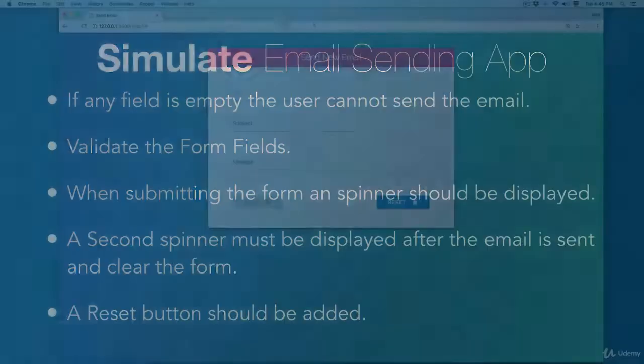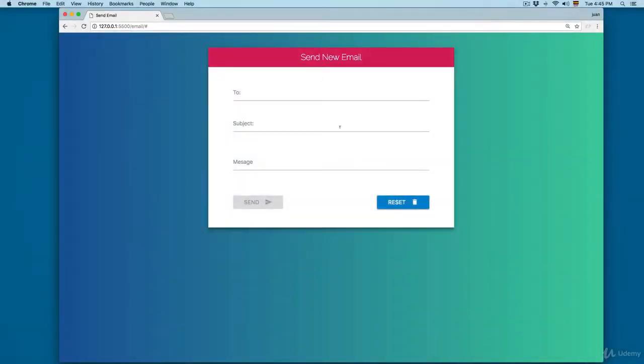So let's review the project. So this is going to be the app that we're going to use to simulate that we're sending an email. So you can see by default this send button is disabled. In order to enable this, we need to fill this form. So for example, here we are going to add the email. And if you add something like email.com and you click in this other field, you can see that this is printed in red. And this is because you have to add the @ sign. So if you add email at email.com and then you click on this second input,